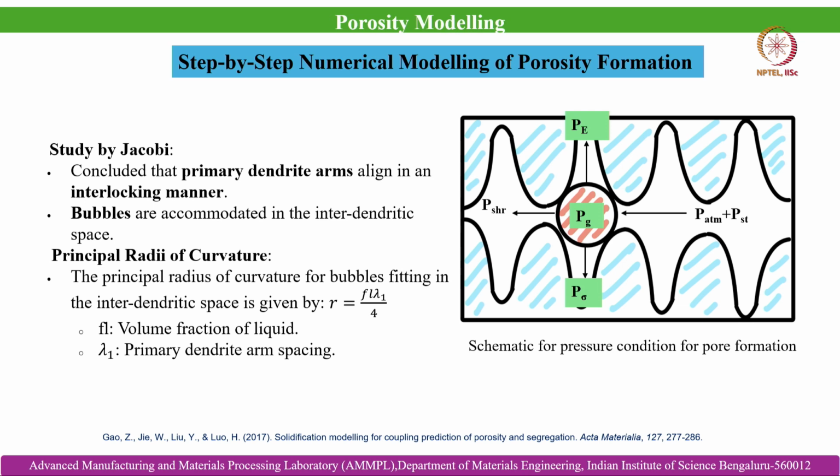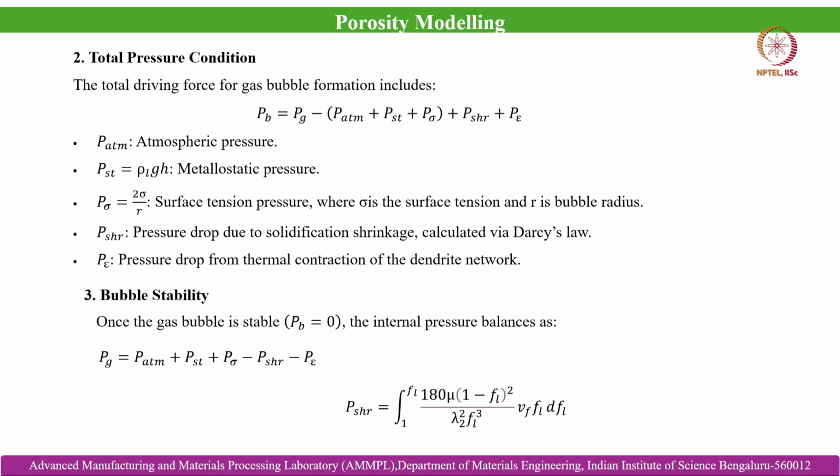Here, the principal radius of curvature for the bubbles, where pores are referred to as bubbles fitting in the interdendritic space, is given by small r equal to Fl gamma lambda 1 by 4. Lambda 1 here is the primary dendrite arm spacing, and Fl is the volume fraction of liquid. From this formula we can determine the radius of curvature of these evolving pores or bubbles. And then the total driving force for gas bubble formation can be defined as